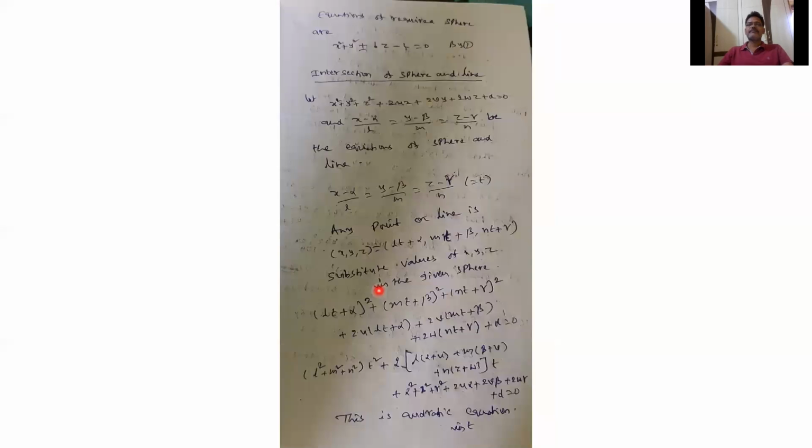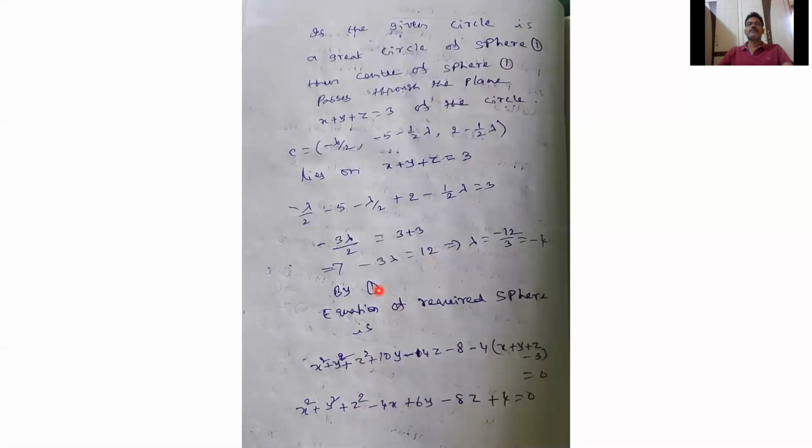So finally, great circle means if the center of the sphere passes through the given plane, then the plane section of the sphere is called the great circle. So when do you say the given circle is called a great circle? If the center of the sphere lies on the plane. We know that a circle is a plane section of the sphere. That plane passes through the center of the sphere. And if it is a great circle, then the center of the circle is the same as the center of the sphere, and the radius of the circle is the same as the radius of the sphere.